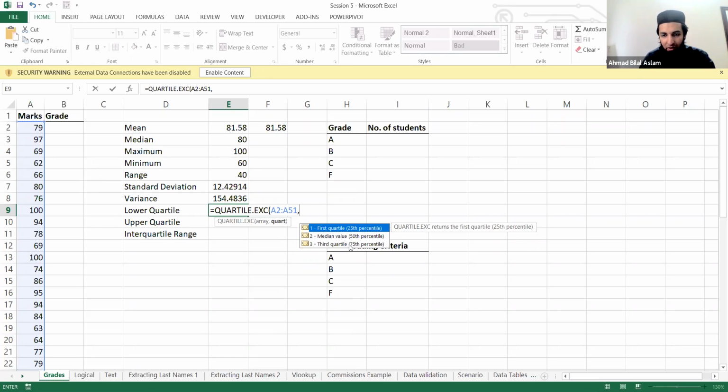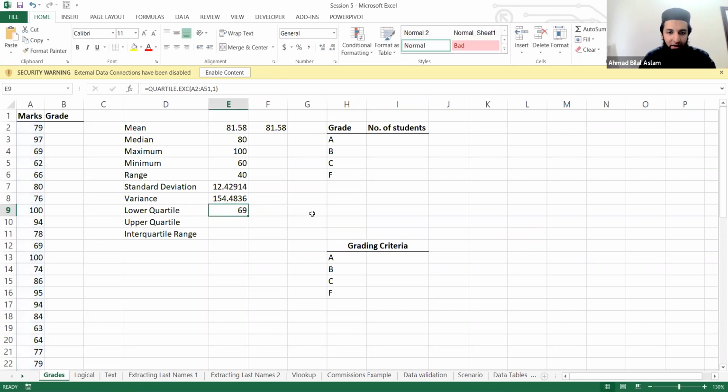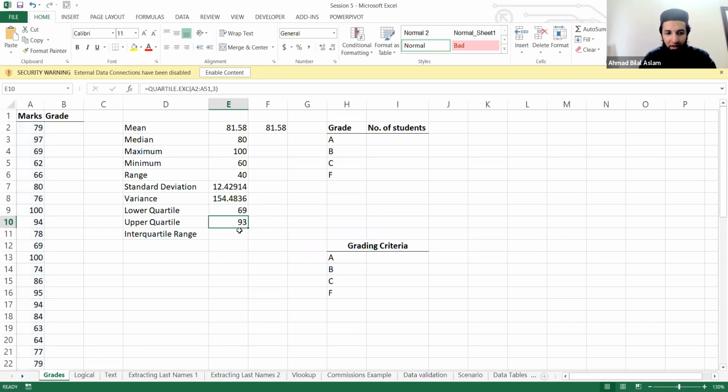That's your upper quartile. तो आपको इनमें से कौन सा चाहिए? Lower quartile कौन सा होता है? That is 25th percent. अब यहाँ पे 1 input कर देते हैं, and that gives us 69 here. Similarly, if we just copy that formula down there, 1 की जगह हम क्या लिख दें? 1 की जगह हम लिख देते हैं 3, because third quartile, that's 75th percentile, वो upper quartile होता है, तो वो आपके पास ये upper quartile आता है. ठीक है,